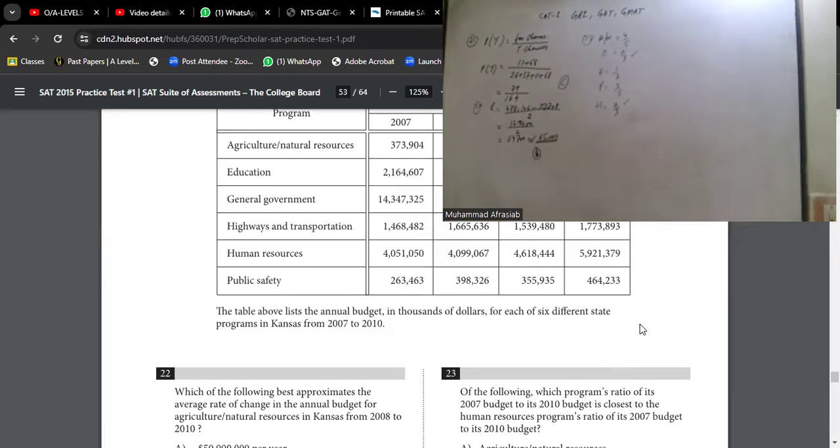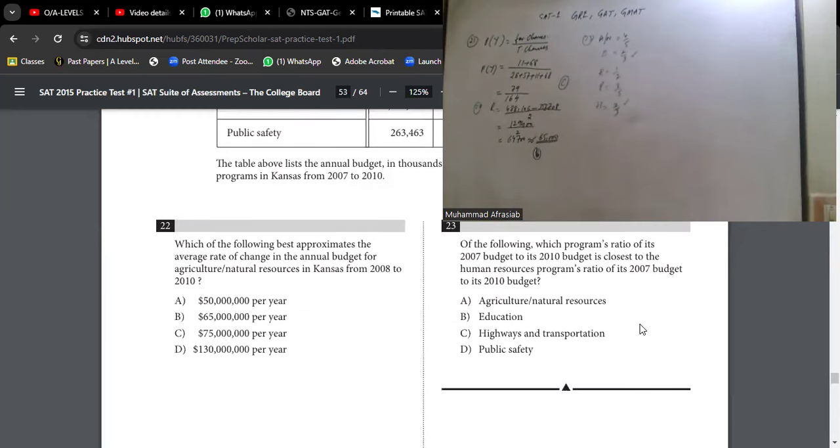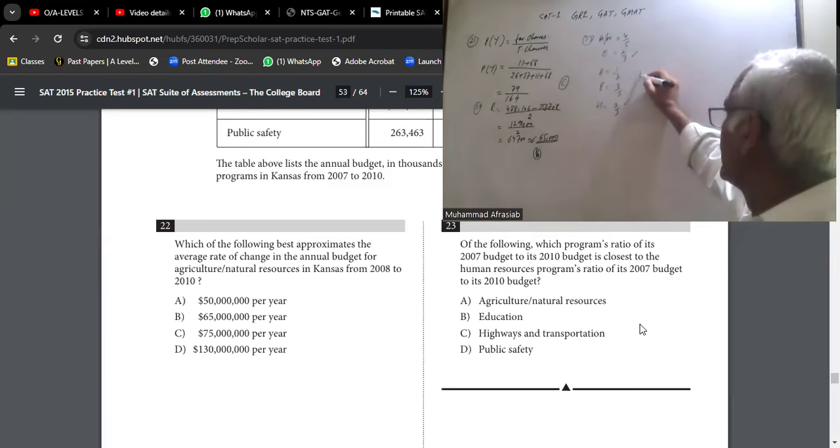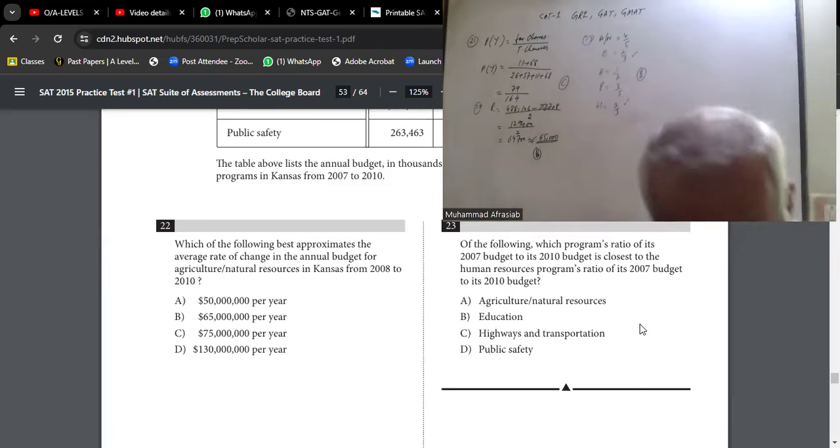So the answer for this portion is education. So that is B part there. So the choice for this question is B there. What we have to do is find the ratio to the nearest thousands. So you will convert each figure into thousands, and then it is converted to these values. And these are the ratios given in that form. You have to select the closest ratio to that, which is education there.